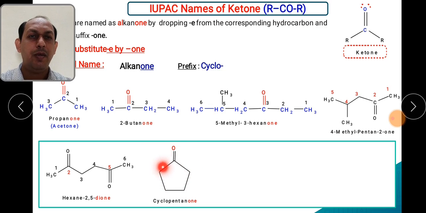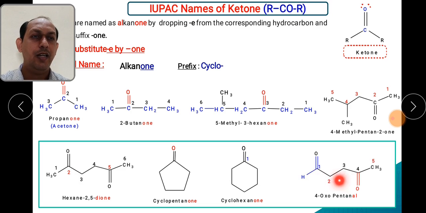साइक्लोपेंटेनोन, this is 5 membered ring. 6 member ring, cyclohexanone. Then there are 2 functionality, aldehyde and alcohol together. So aldehyde should get minimum number. aldehyde को कम से कम नंबर आना चाहिए, ऐसे एंड से शुरुआत करने का. 1 2 3 4. सो 4 ऑक्सो, 4 पोजीशन पे कौन सा ग्रुप है, कार्बोनिल, and 5 carbons. So 4 oxo pentanal. So this will be the IUPAC name to this particular compound.